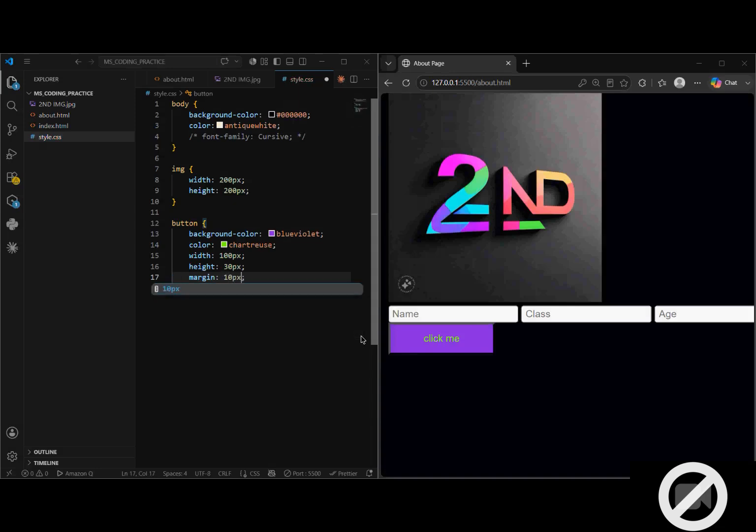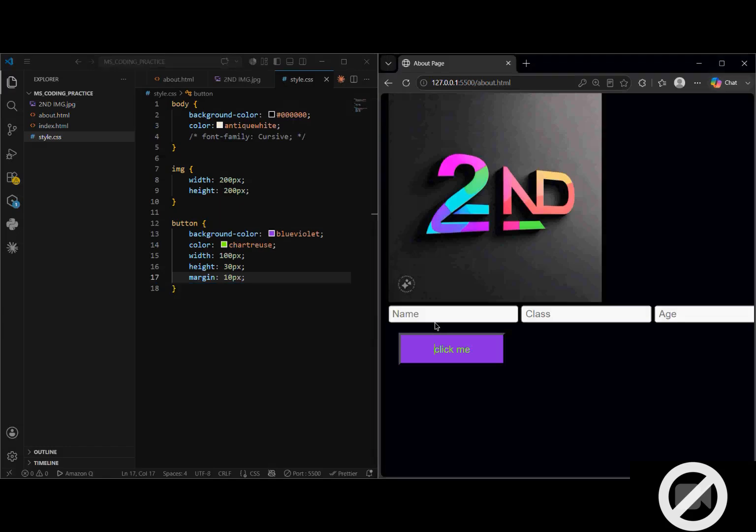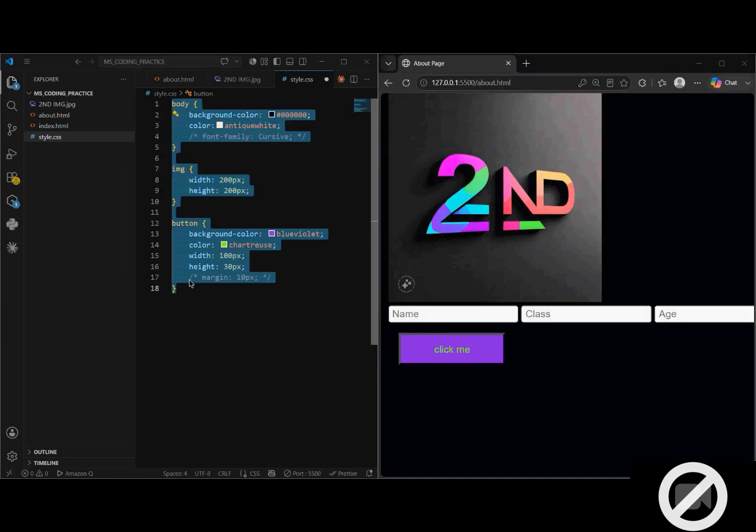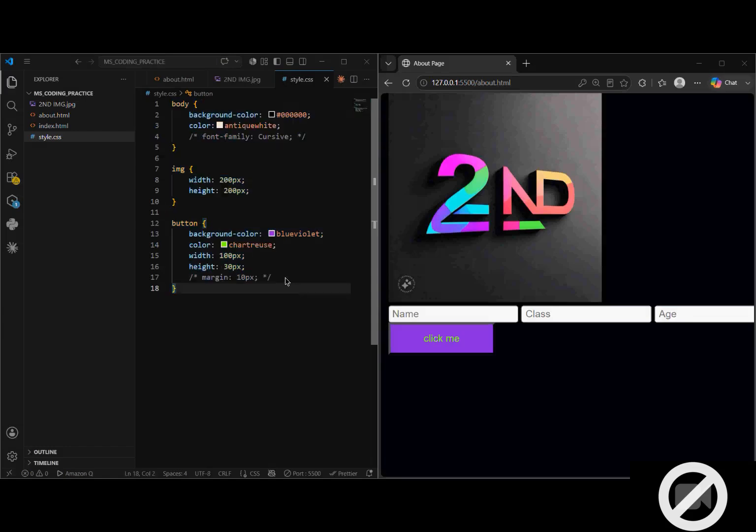Let's say we give it a margin of 10 pixels. Can you see that? You see the space from here to here. Before we give it margin, it was joined like this. But when we give it the margin,